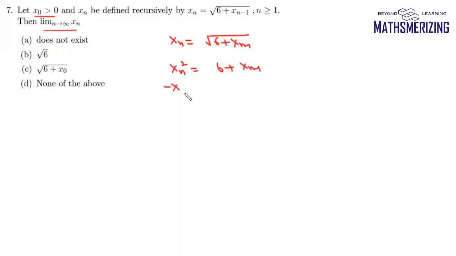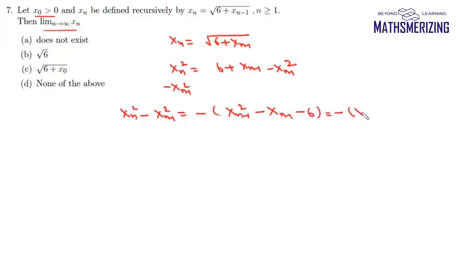Now what we'll do is subtract x(n-1)^2 from it. So it will be xn^2 minus x(n-1)^2, and if we take minus common here, we'll get x(n-1)^2 minus x(n-1) minus 6, and if we factorize it, we can write this as (x(n-1) - 3) and (x(n-1) + 2). Now here the critical points are 3 and minus 2, and since x0 is greater than 0, we'll take two cases. Case 1,